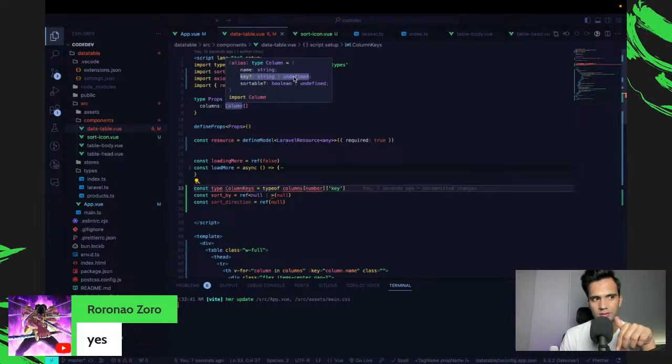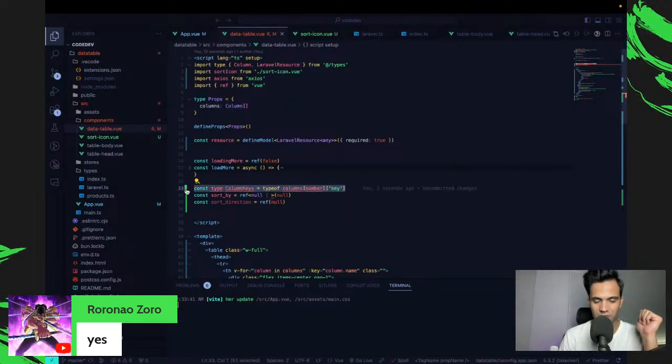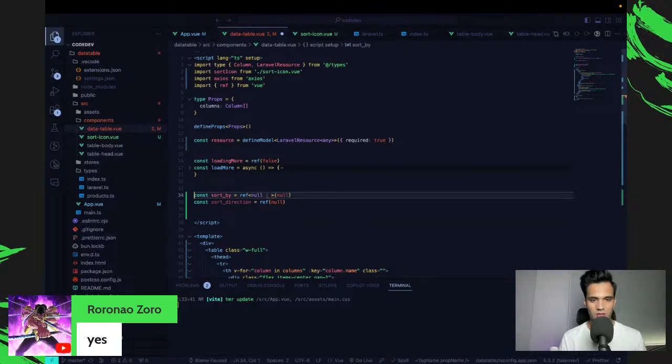So we cannot technically know the list of columns in TypeScript because it is always provided at runtime. This is one thing that I wish I could do. TypeScript is good and all, but there is no runtime type safety, which sometimes you'd love to have, but that's not really possible. So for now, let's just say string.